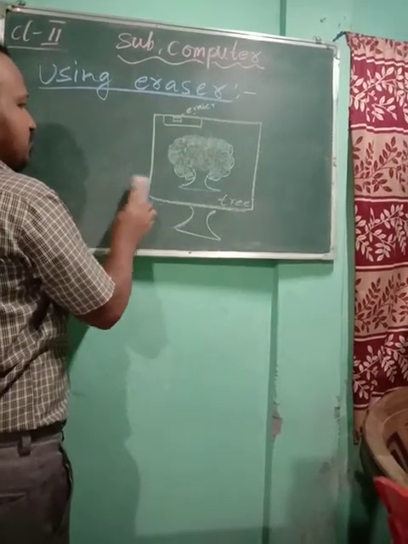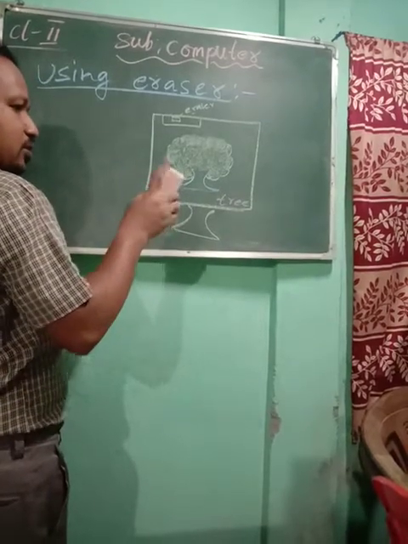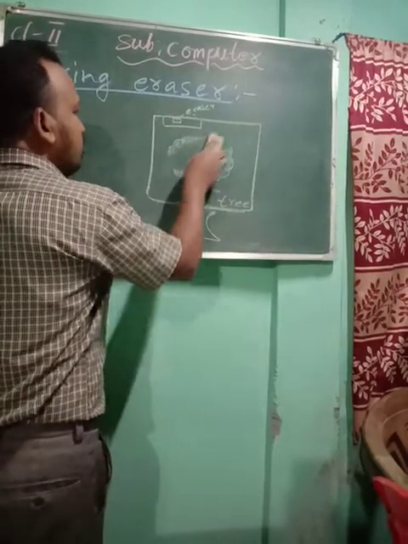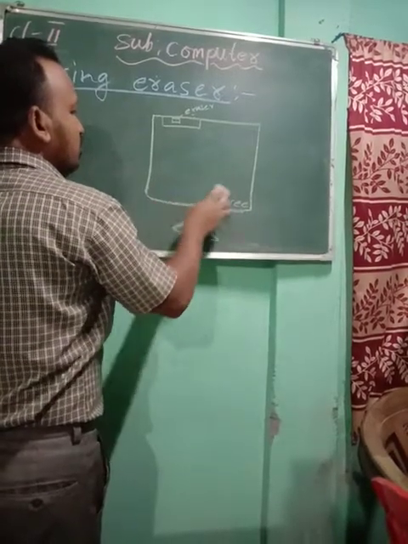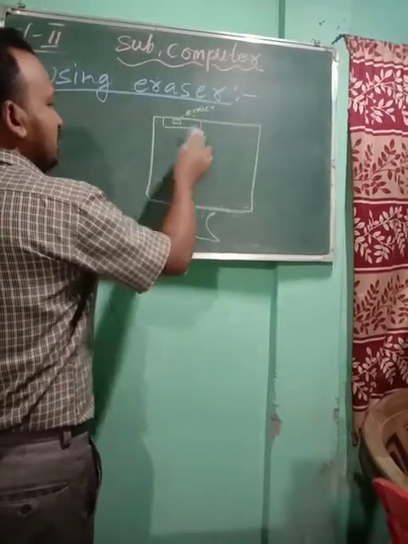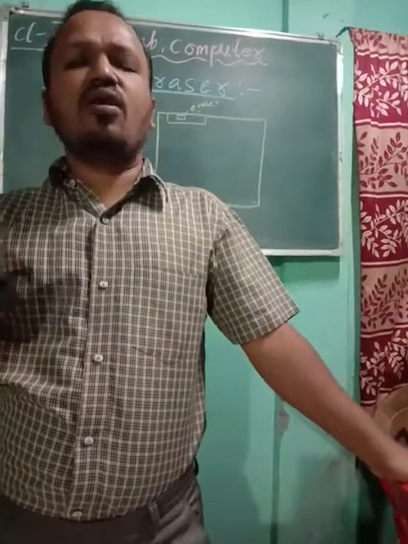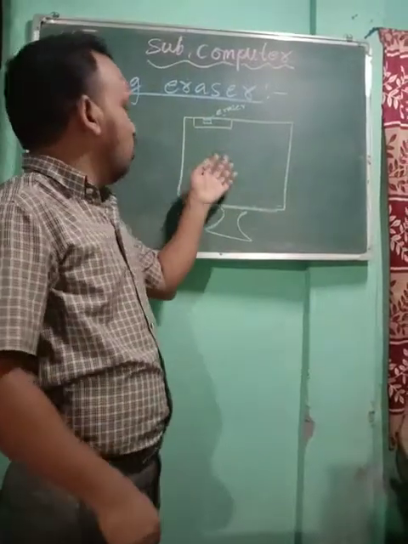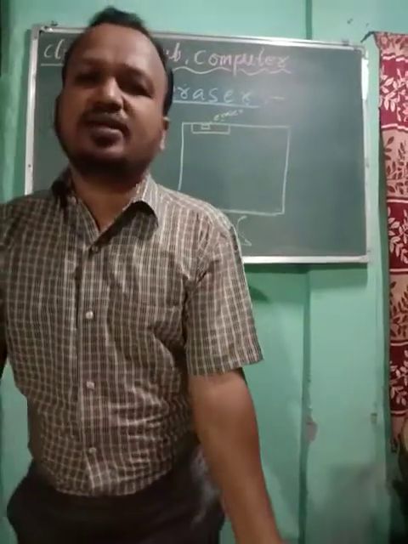Then bring the mouse, press the left mouse button and slowly drag the eraser. Don't leave your finger from the mouse. Slowly drag the mouse, and you will see your drawing slowly getting erased. When it is erased, you will see your tree has completely vanished. It is like how we use the eraser on a copy when we make mistakes. In the same way, children, part of the drawing or the full drawing can be erased with the help of an eraser.